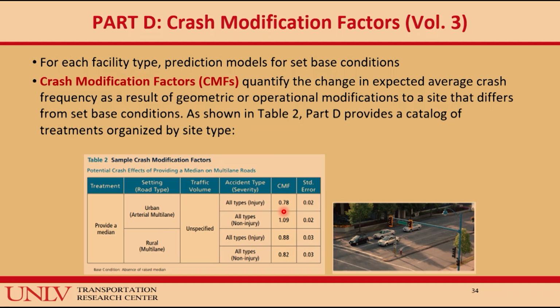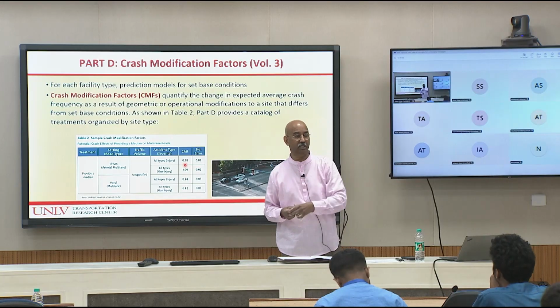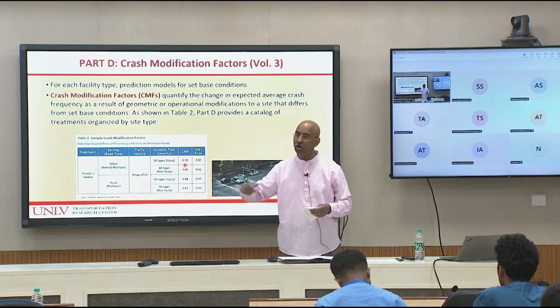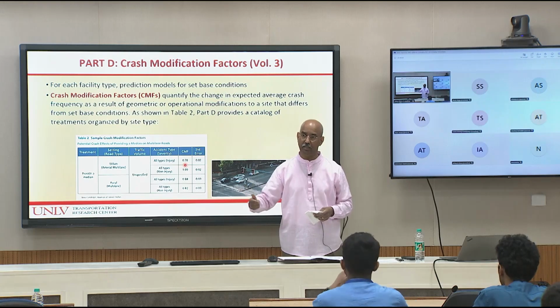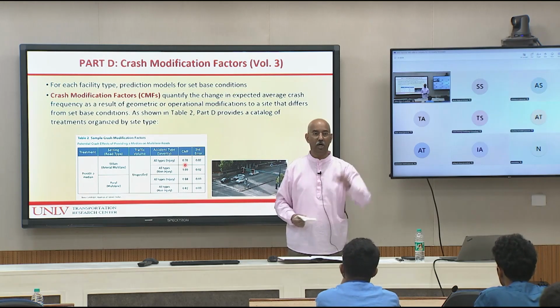Maybe in your jurisdiction, you did this and you found that I don't have 0.78. The benefit I got was a reduction of 85%, not 78%. I mean, a reduction of 15%, not 22%. You report that. Azaki may have said, okay, in my study I got a reduction to 0.75. Somebody else may say I got a reduction to 0.66, somebody may say 0.93. So all this database is continuously updated. It's just not set in stone.